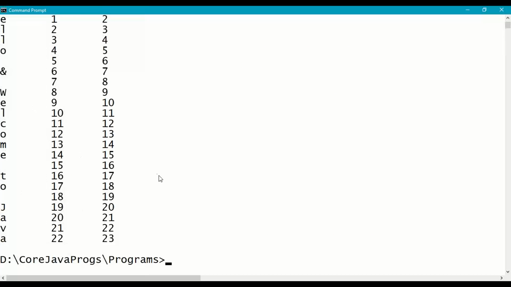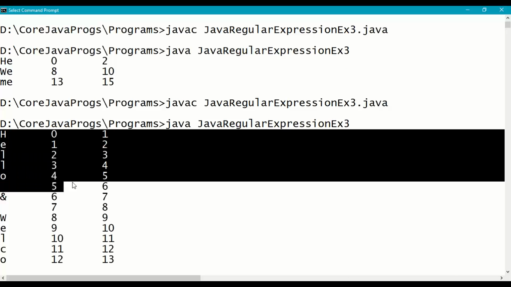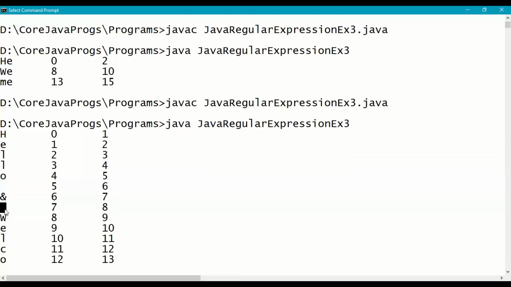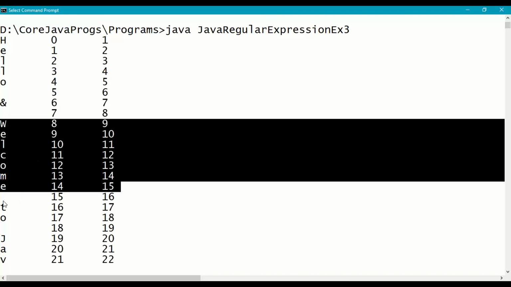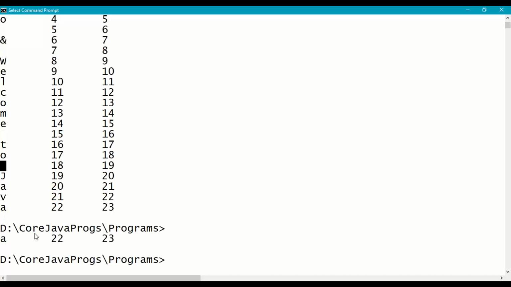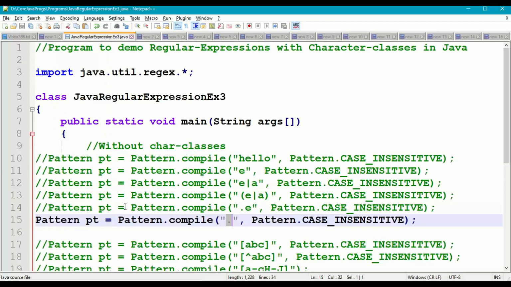So we got all the characters here: hello, starting and ending index, space, and, space, welcome, starting index, ending index, space, to, space, Java. So it will give all the characters. So dot indicates all the characters matching.